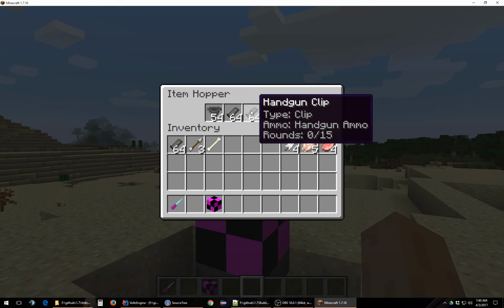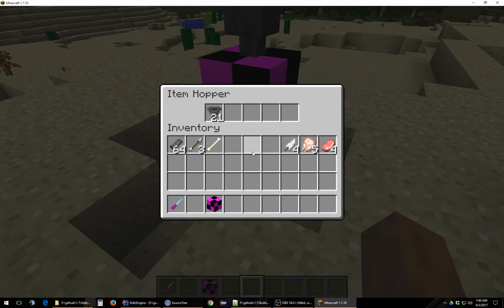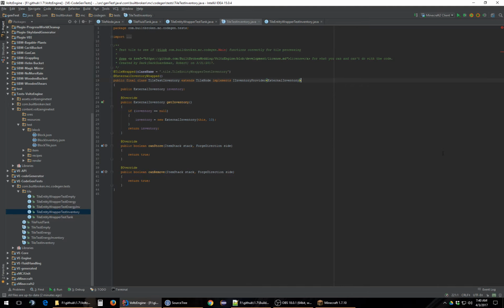Toss my handgun clips up there. These are all empty, by the way. Unfortunately, it's working. So it's doing a pass through. So that right there is, for those who are not familiar with this,